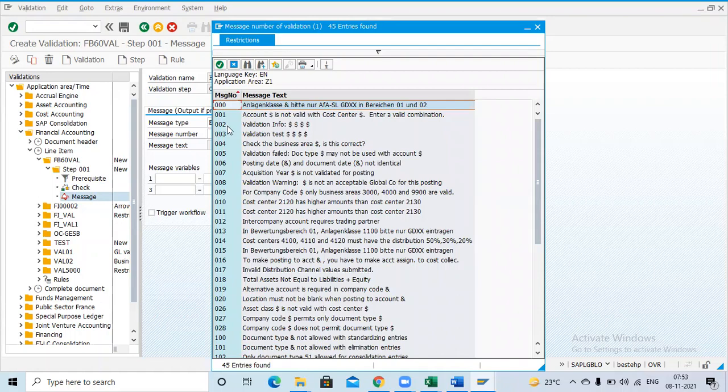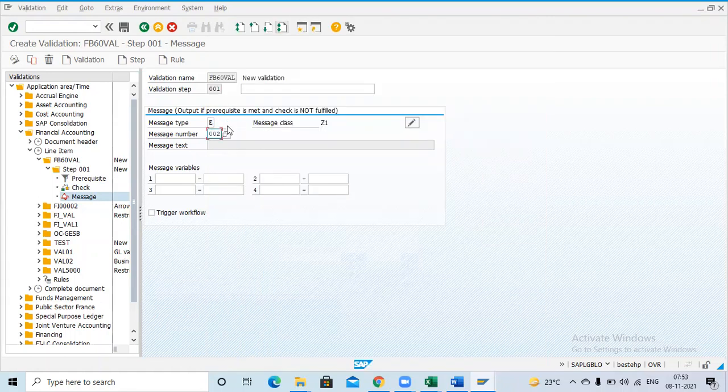Suppose I'm selecting this validation, so automatically in case you enter above the payment, system will throw this error. Just click and enter. System will throw the error as validation info. Validation info means there is some issue. So here you can create your own validation, like above 15,000 is not allowed, with the help of this key. If you click on this one, automatically a new page will open. There you have to create a new message. So as of now, I'm creating this message.